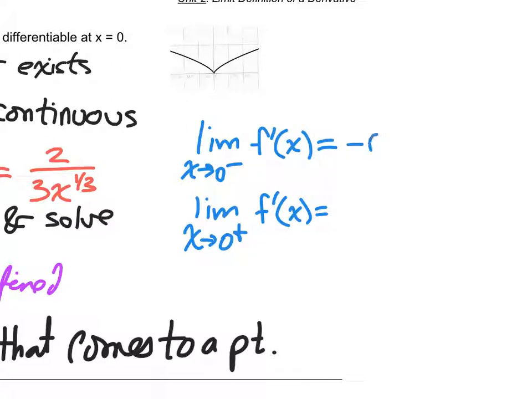From the right-hand side, I'm going to do the same thing: estimate the slope, and as I move my ruler closer and closer, where does it appear that the slope is approaching? Positive infinity. It's getting steeper and steeper, but in the positive direction. So